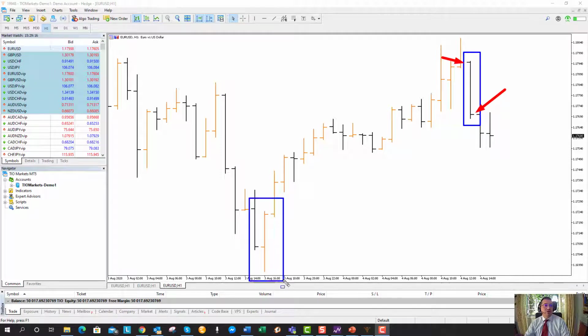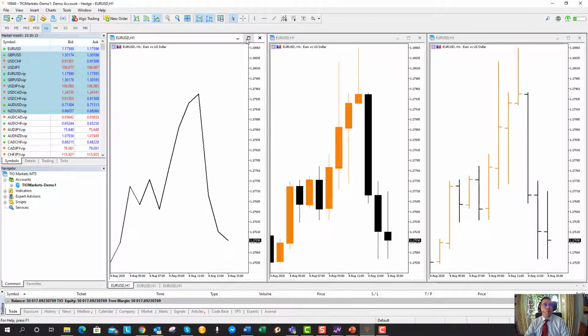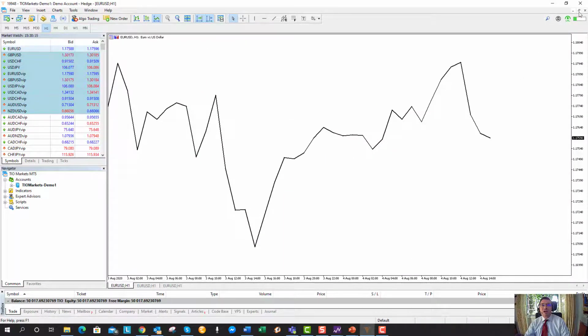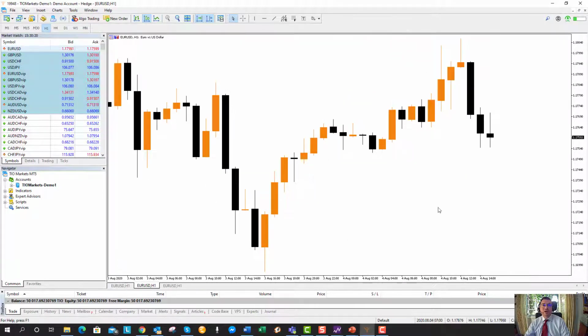Other areas here, you can see that the buyers and sellers had the opening here and a closing, and we can see that the buyers had control over that period of time, which gave us a positive value that helped build up some momentum. So you can see that in a bar chart, you're getting significantly more information than what is seen in a line chart. If we move on to the candlestick charts,